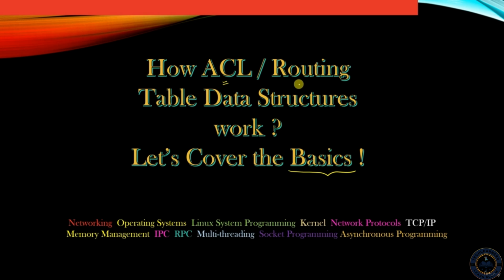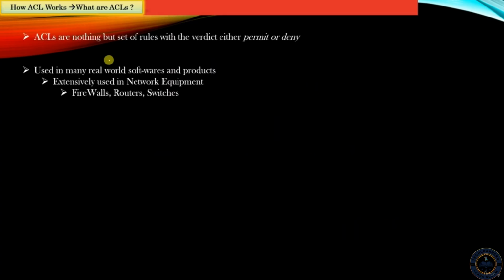In this section, I am only going to cover the basics, explaining at the most basic level how access control lists and routing tables work. So if you already belong to the networking industry and have sufficient knowledge, then you can safely skip this entire section. So access control lists, which we often call ACLs, are nothing but a set of rules with the verdict